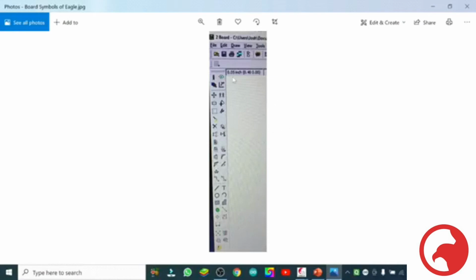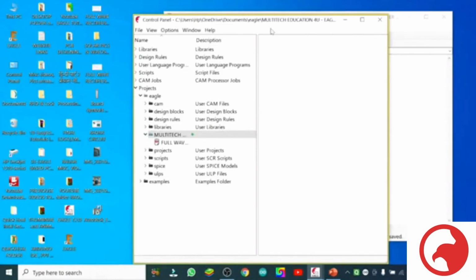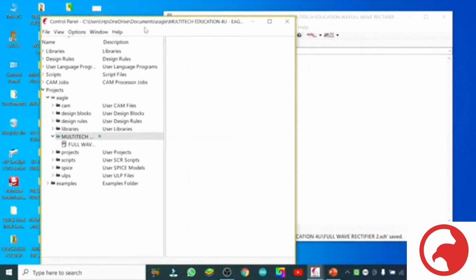When I used to forget something, I just checked this paper, and it reminded me that this symbol is used for this. So many symbols are used in the schematic, and many are used in the board file also. In the board file, when we open it, there will be a little change in these symbols. Some additional symbols will be there. So you can also do like that, a ready reckoner for the symbols.